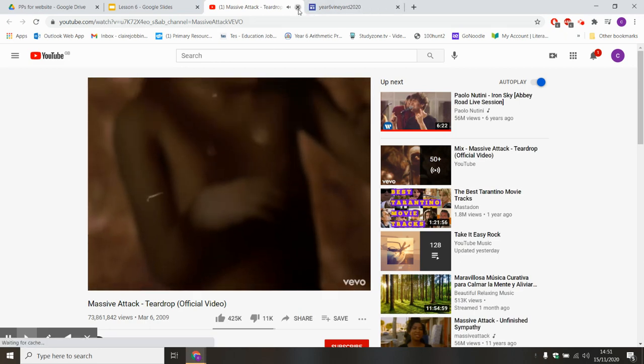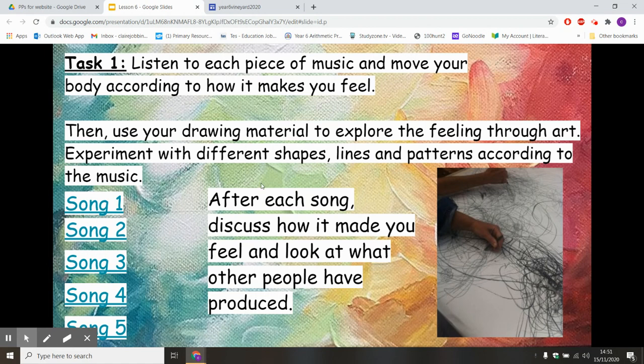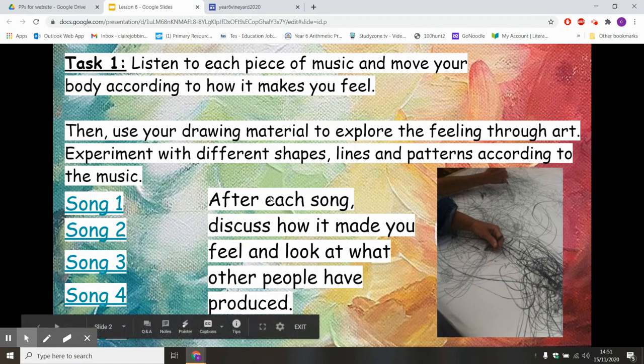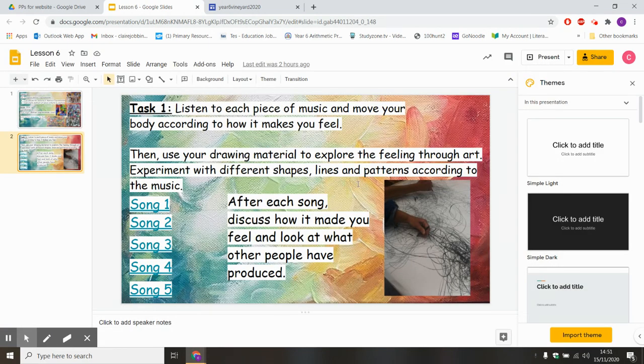Really have a think about each of these and follow how your body feels. Have loads of fun and just make sure that you have a go with it. Make sure, please, that you've labelled each of these as you've gone along as well. Really have fun with it, and we're really looking forward to seeing